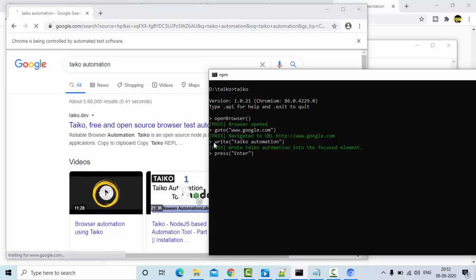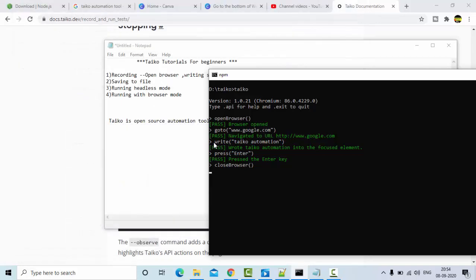So this is how we can open a browser, go to the URL and write something into the web page without even identifying it. If you have observed properly, I am not identifying any selector here. This is a major advantage, guys. Since it is a basic tutorial, I am not going so deep into it, so I'll simply use close browser to come out of it. Now you can see it came out, right?